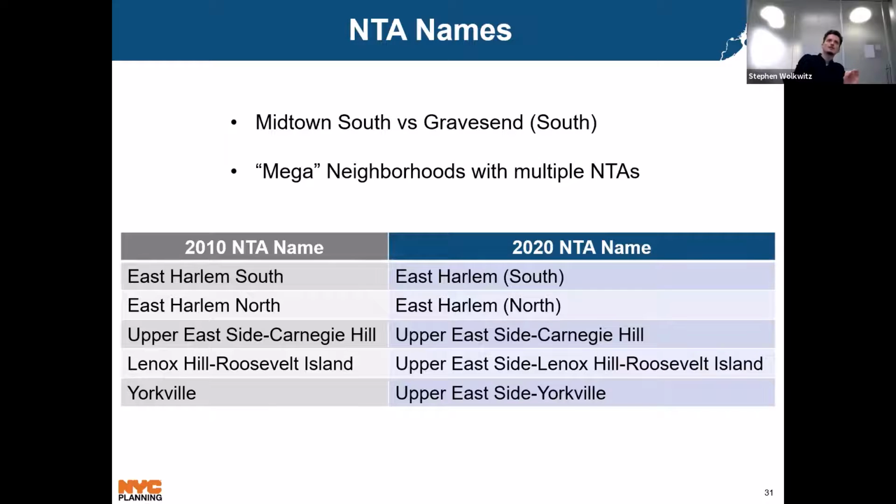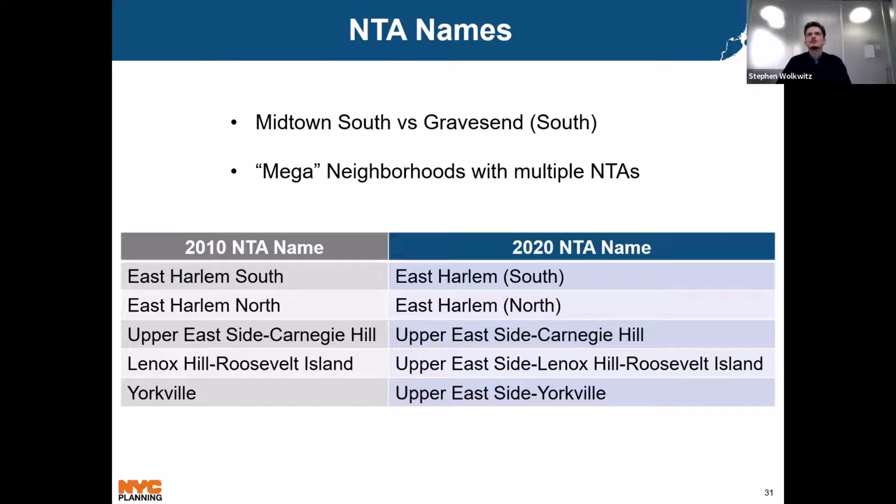Now, a note on the names for NTAs and how we shifted our philosophy around the naming in a couple of points. One is that when dealing with the cardinal directions, like north, east, southwest, we wanted to make a distinction between cardinal directions that were really a part of a neighborhood name, as in East Harlem, where the east is part of the name, as opposed to cardinal directions that are just indicating that we have split a neighborhood into parts, and we're just dealing with either the north, south, east, or west section of that neighborhood, but we're not trying to rebrand a neighborhood or